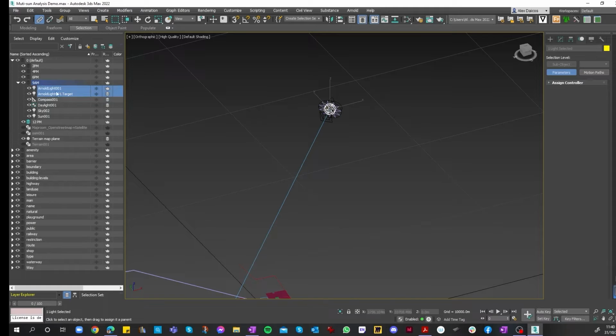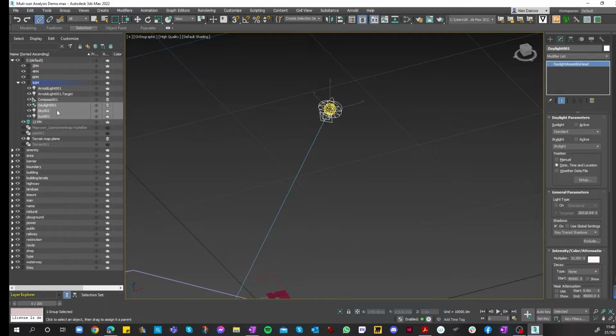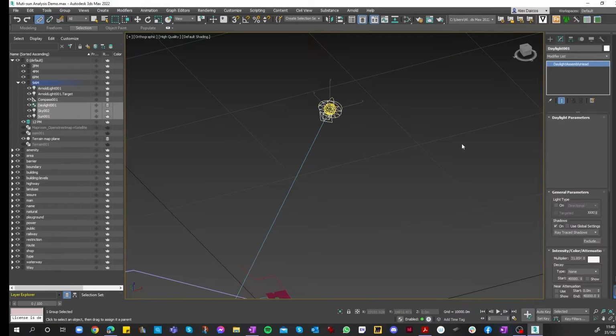Oh, it was on the wrong layer, so it always helps that it was on the right layer. So make sure that the Arnold lights, the compass, daylight, and the sky and sun objects are all on the same layout. So once they're in and you're certain that they're linked, all we need to do now is